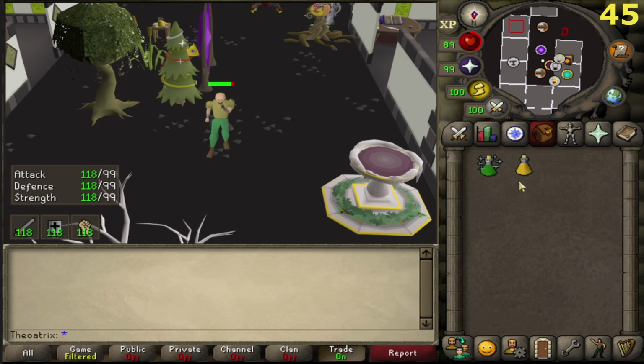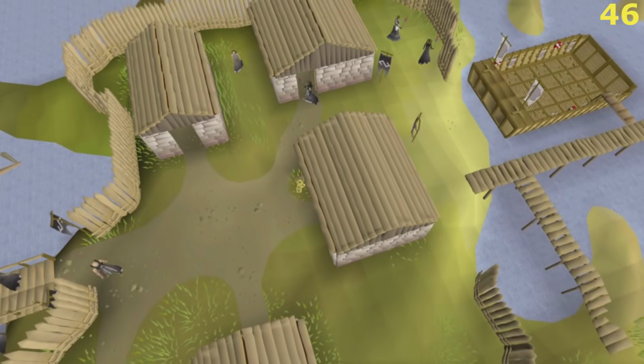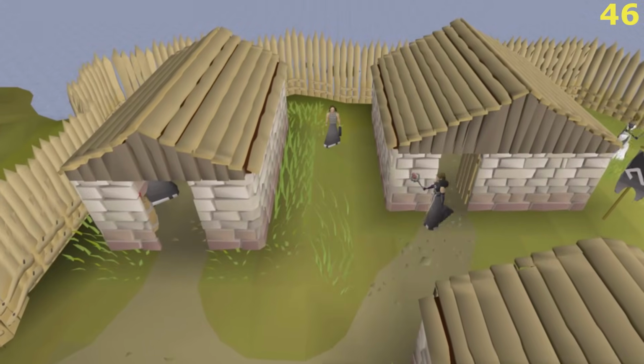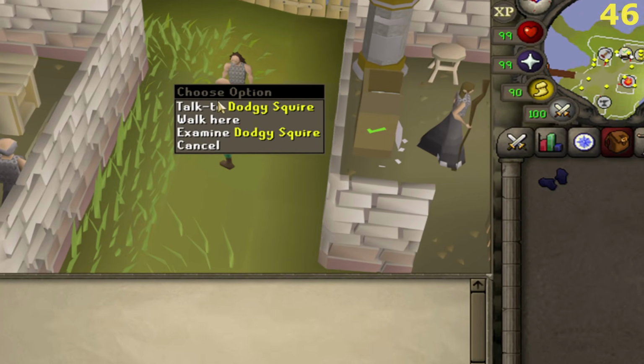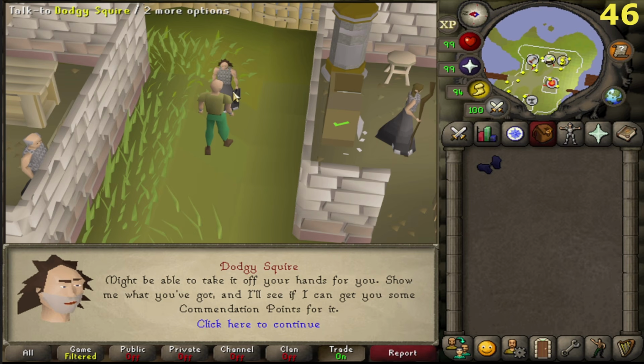Zamarakian brews give a higher attack level boost than super combat potions. At 99, Zami brews give plus 21, whereas super combats give plus 19. North of the Pest Control Bank, there's an NPC called the Dodgy Squire. Here, you can exchange void pieces for commendation points at a reduced rate, which makes it useful if you accidentally